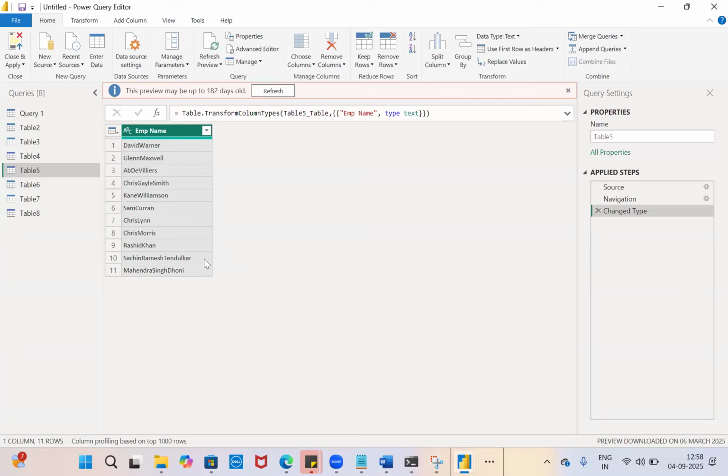But if you observe the data, so a data analyst has to observe the data. If you observe the data, what you have, David Warner. In between David and Warner, W is capital. Means your second name is starting with a proper case with capital. Can you see? Chris Gale Smith. C is capital, G is capital, S is capital. Chris Morris, C is capital, M is capital. Just because of these capital letters, what you can do, a right click